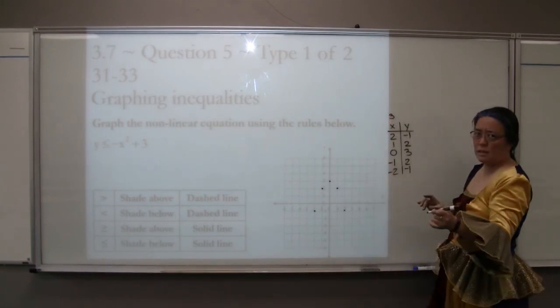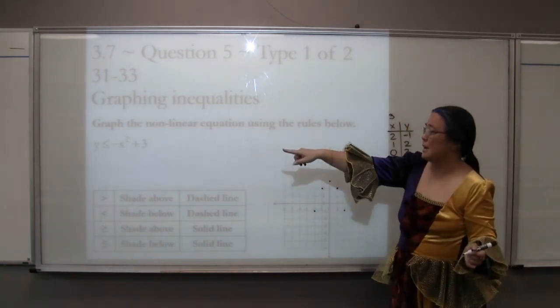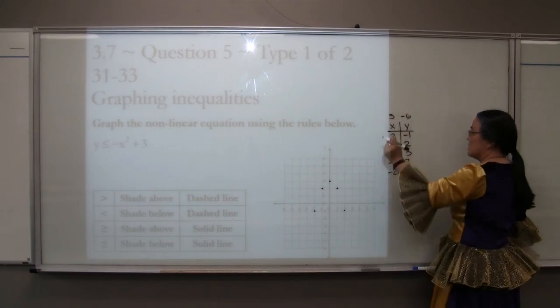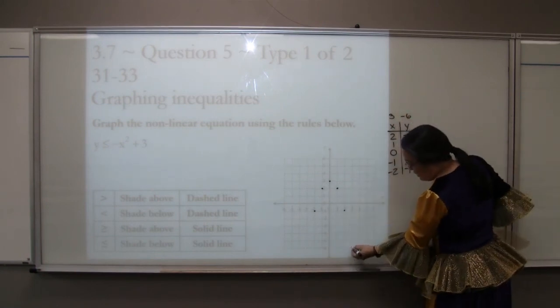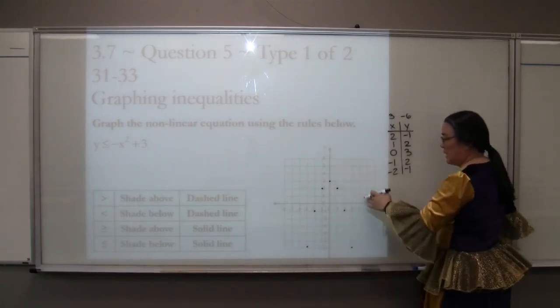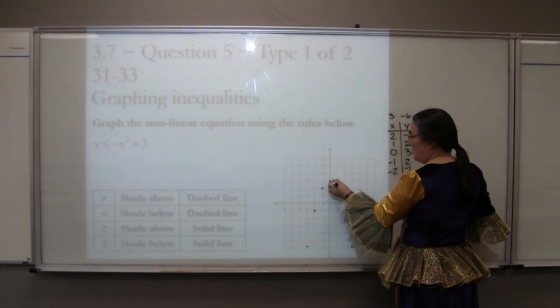Since I'm not being graded on my t-table, I'm going above. 3 squared is 9 times negative is -9 plus 3 is -6. So 3, -6, it does fit. So yay, we are going to have to get that. Take a look at that. That is 7 points that we'll have to find. And then we'll have to graph that out going,